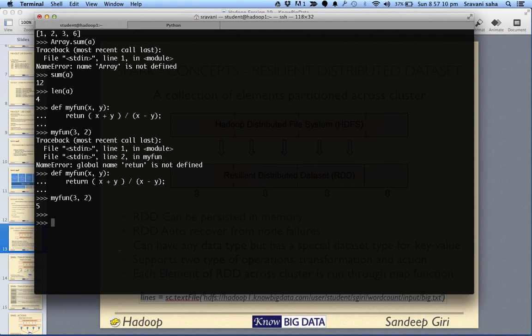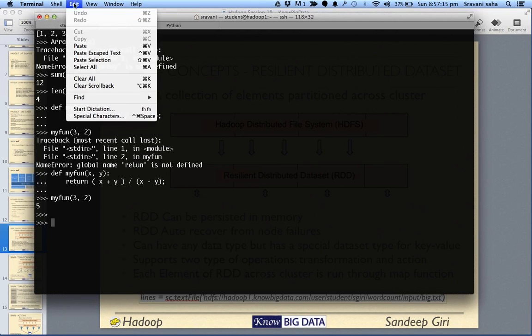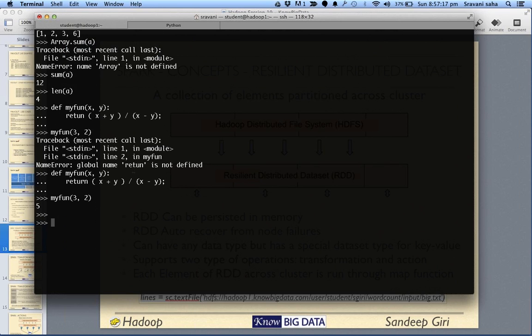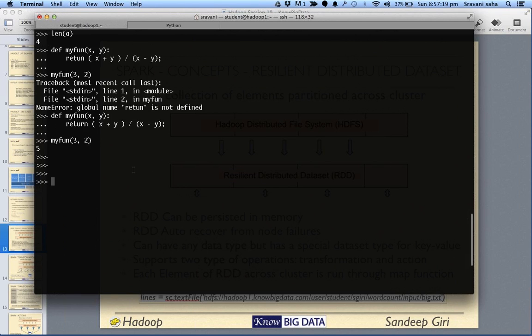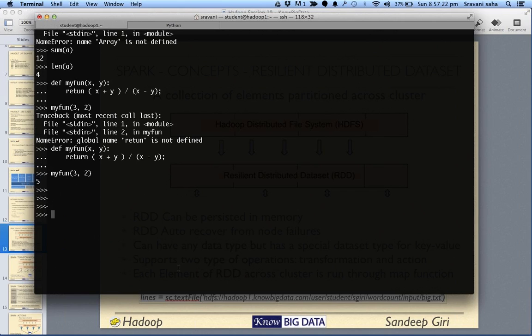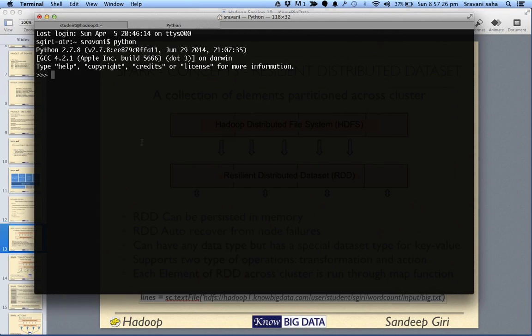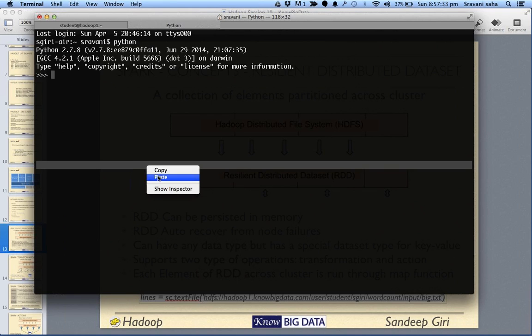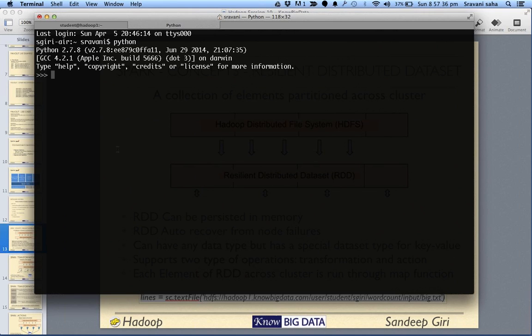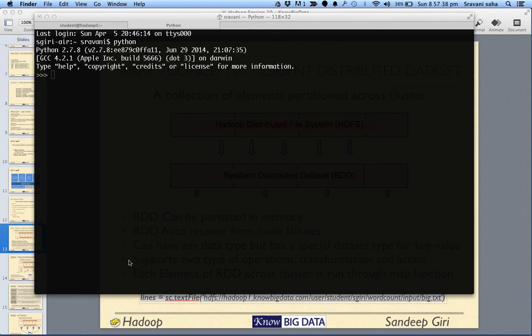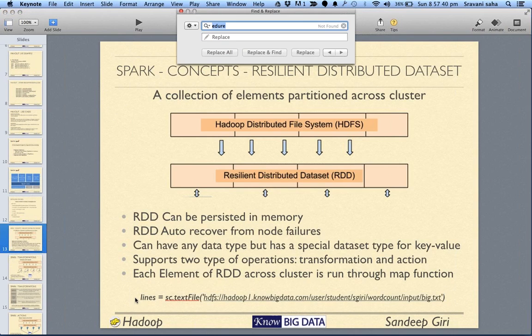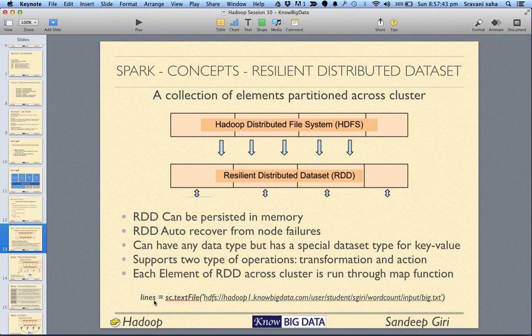Why am I not able to paste? For some reason I'm not able to paste. Copy-paste is not working in general.